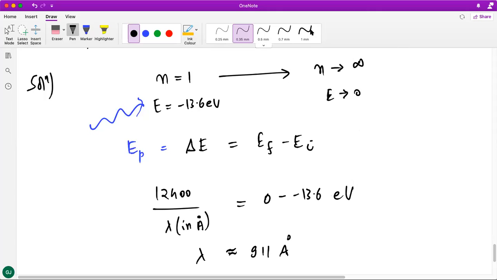हाँ हाँ शर्विन, करेक्ट. हाँ बोलो ईशान. सर वो 12,400 के बाद वो कैसे आया? ये वाला कैसे आया? ये hc बाय लैम्डा को सिंपलीफाई करते ना अपन. नहीं सर, 12,400 के बाद जो -13.6. ये फाइनल एनर्जी है 0. यस. और ये इनिशियल एनर्जी है. यस इनिशियल. ओके. हाँ ओके सर. ठीक है,